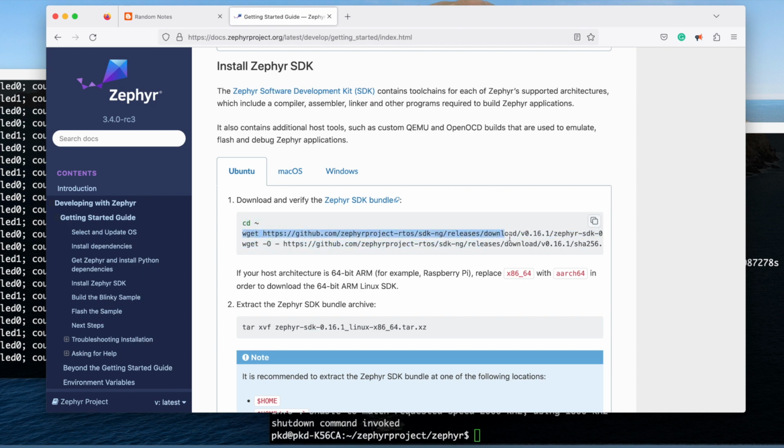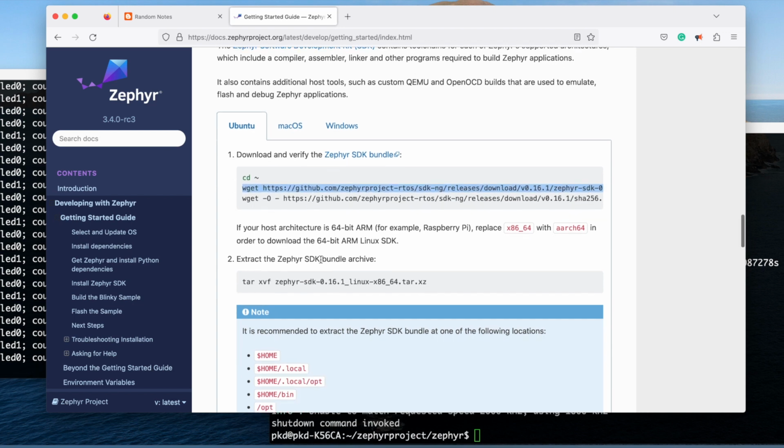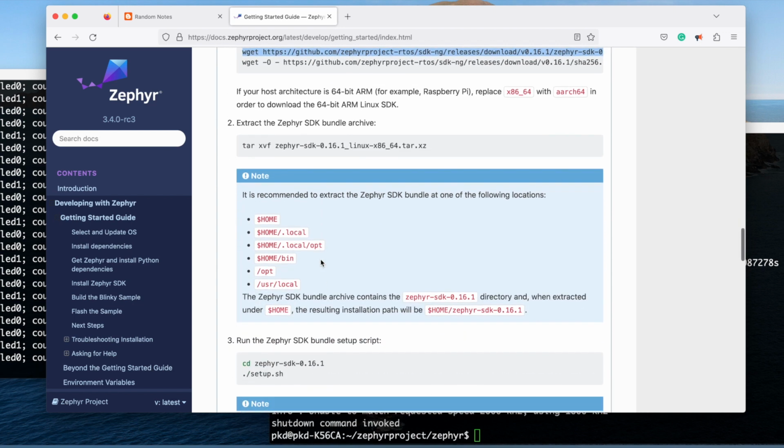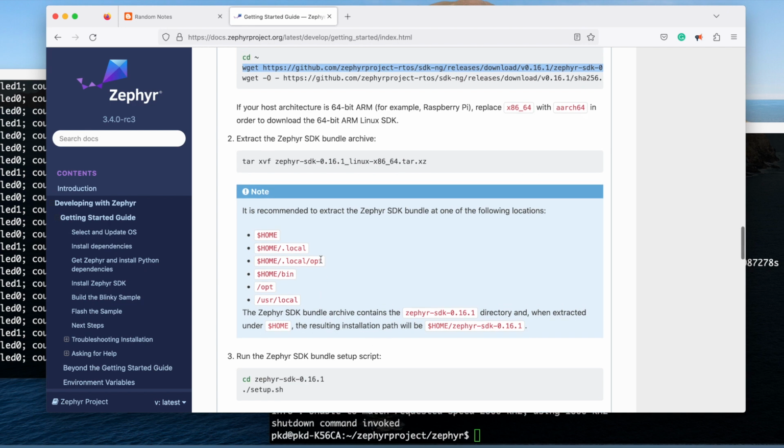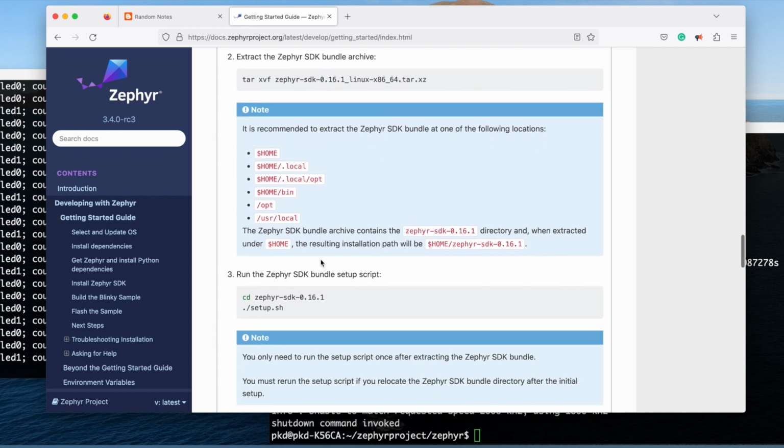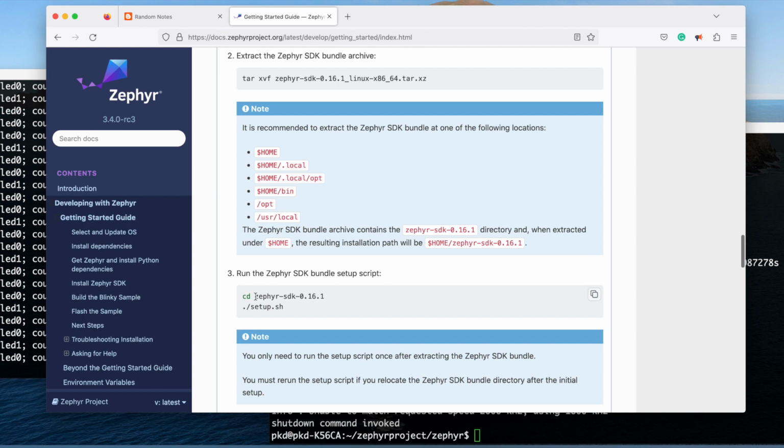You use the wget command to get this Zephyr tar.xz file, and then you extract that,